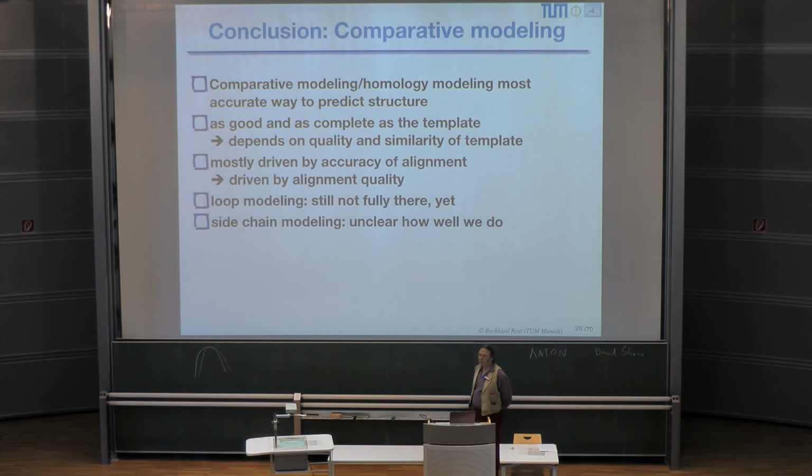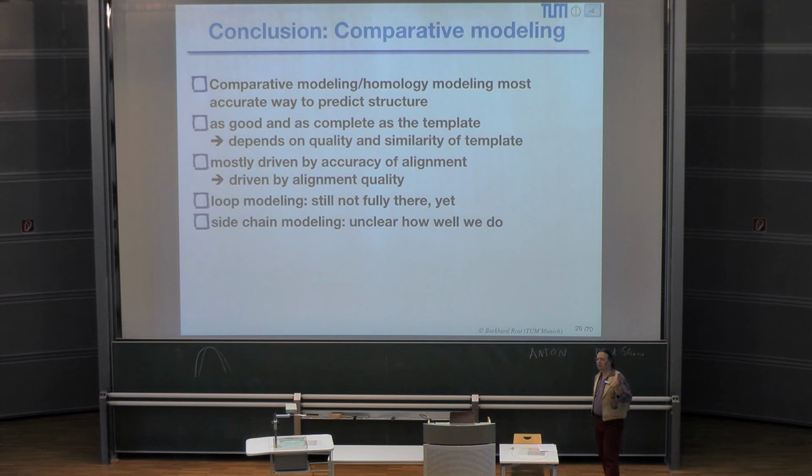But again, the conclusion from comparative modeling is that comparative modeling works, is fairly accurate, and is in fact the only accurate way to predict protein structure. It is as good as the complete template. So I can in fact not do much better. What I read off the coordinates of the other protein, the experimental structure, is as good as